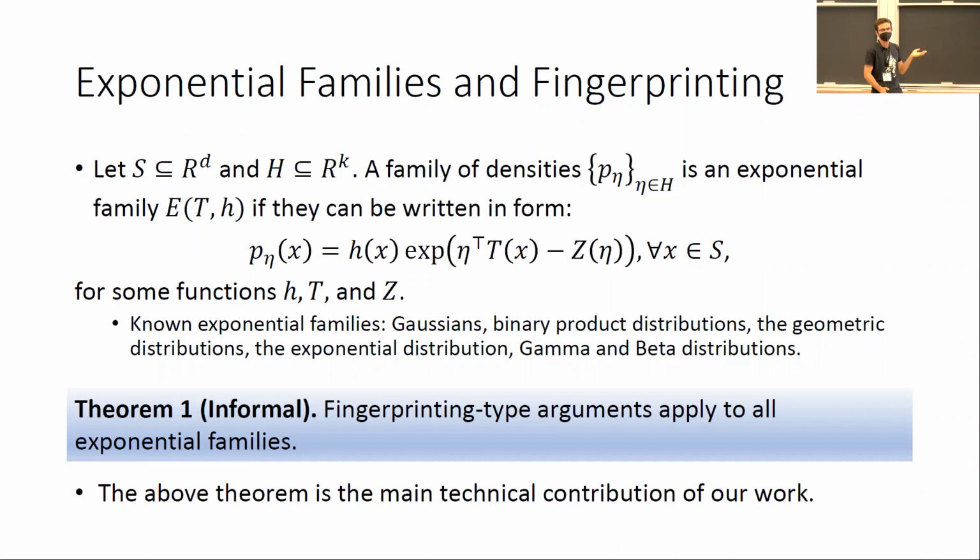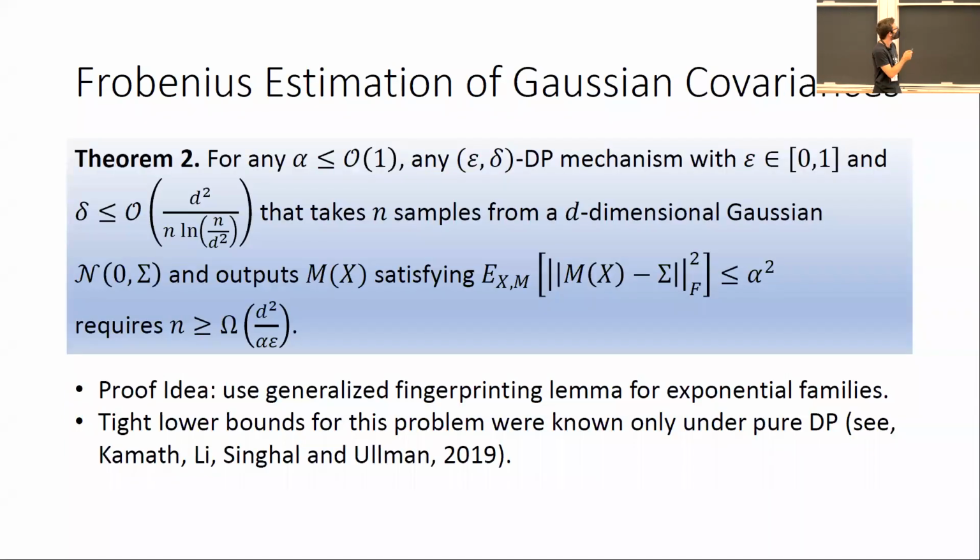So in our paper, which is on arXiv, we give a general fingerprinting lemma which works for any exponential family, which means that we may also have correlations between the components of the random vectors generated by the distribution. So using this result, we proved a lower bound for Gaussian covariance estimation under approximate differential privacy, where we